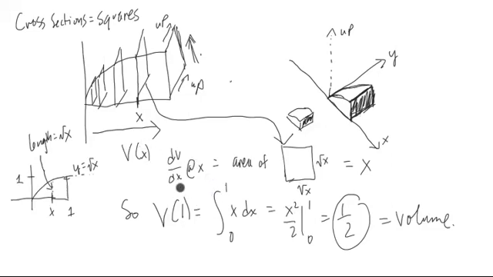So to find the volume change from 0 to 1, which is precisely just V of 1, since V of 0 is 0, we take the integral from 0 to 1 of x dx. x is the derivative of volume growth with respect to x going this way. And evaluating this integral, we get